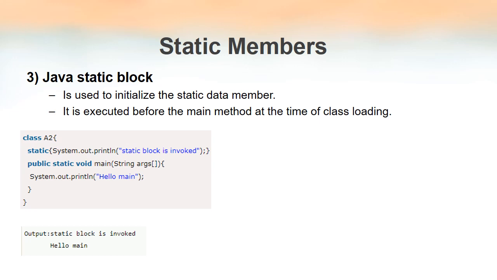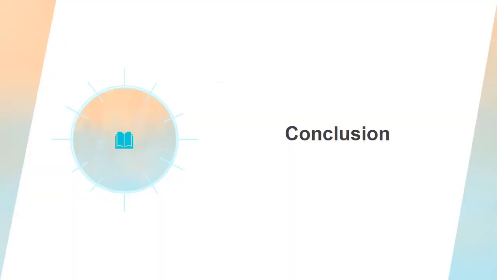It is not compulsory to write static blocks in every program, but in certain situations, if you have to execute some lines of code even before the main method starts working, you can create a static block by using the static keyword and opening a pair of curly brackets. Write those lines of code inside them so that they will be the first ones executed. We shall conclude now.